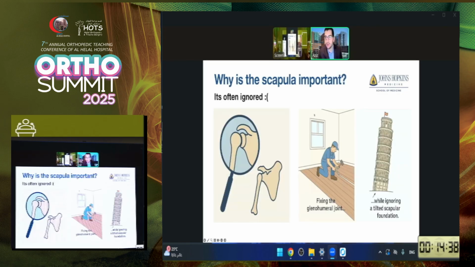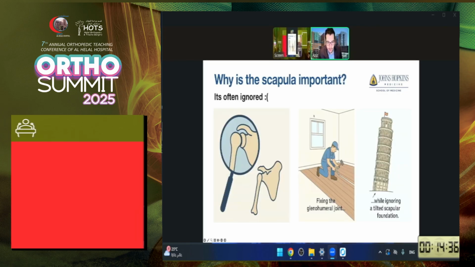So why did I pick this topic? And why do I like this scapula? The scapula, this picture is very interesting. I generated this on ChatGPT. And I think it simplifies the scapula topic. So the scapula is that house of the